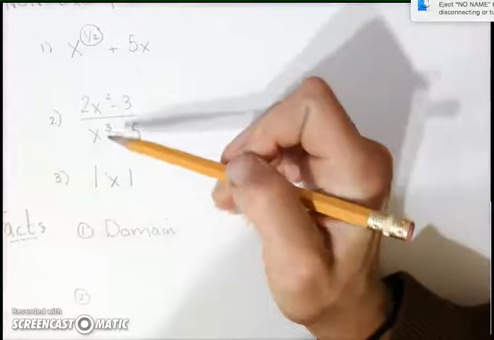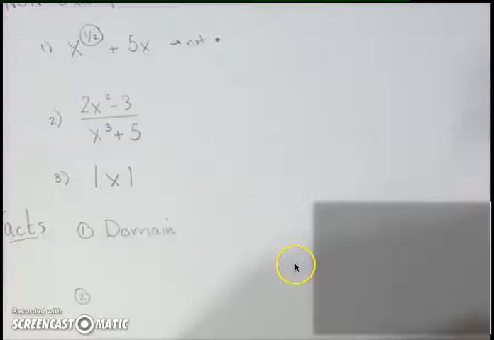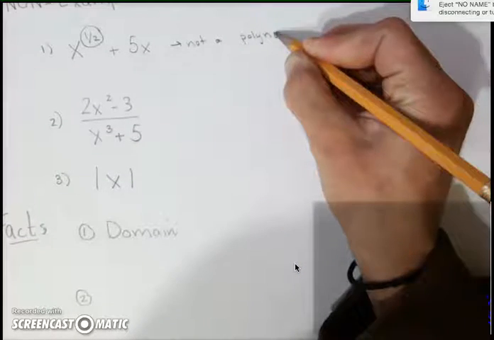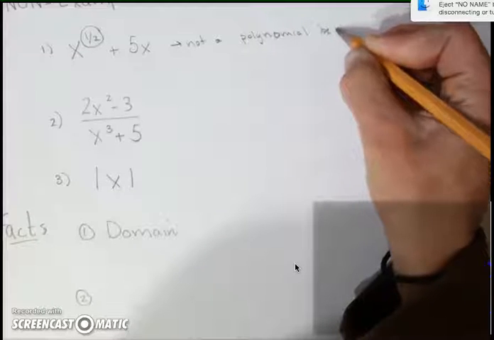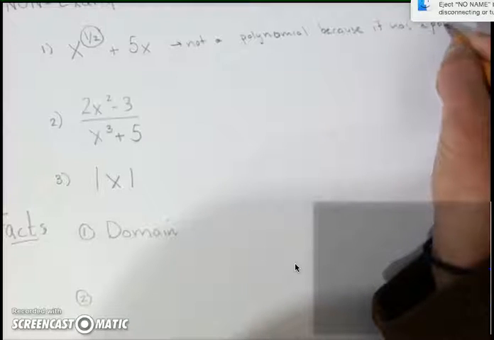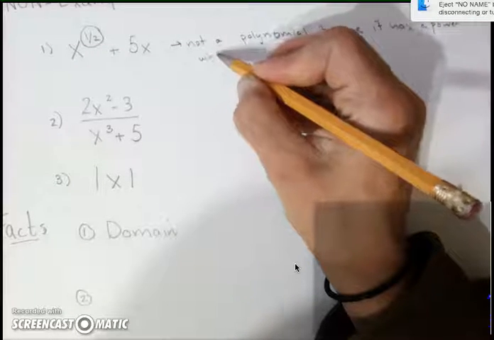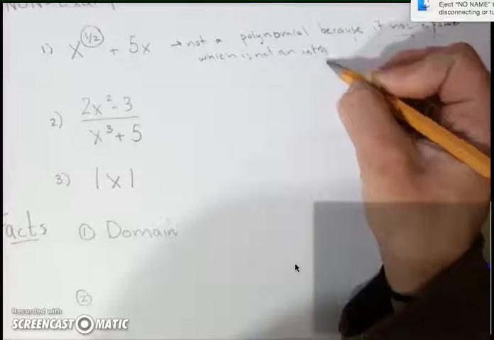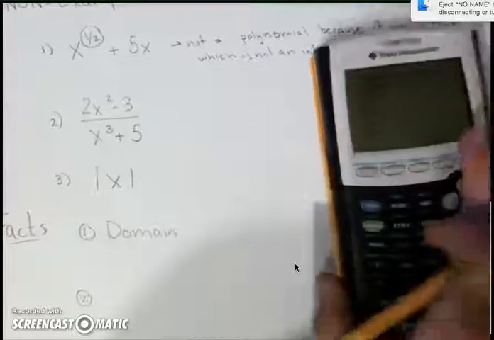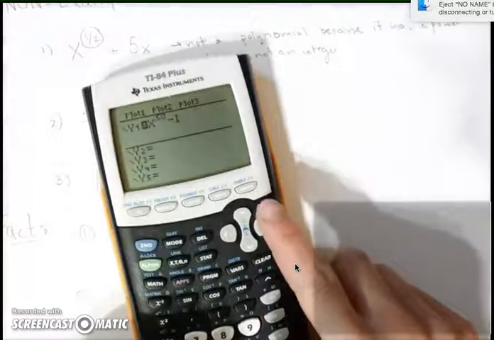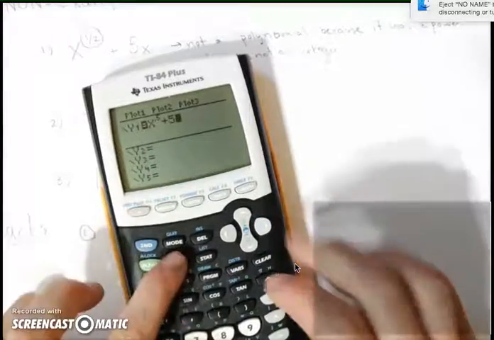So this is not an integer. So this is not a polynomial, because it has a power which is not an integer. And what does the graph of that one look like? So let's check it out. If we plug in x raised to the 0.5 plus 5x,